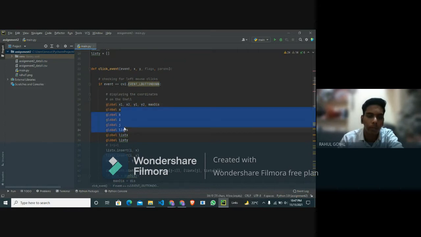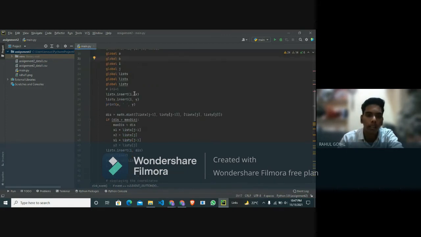The variables a, b, i, j are used for indexing the lists. List s stores all the distances, list x stores all the x coordinates, and list y stores all the y coordinates of the points.